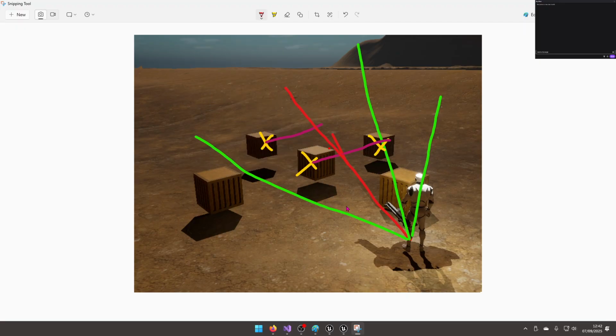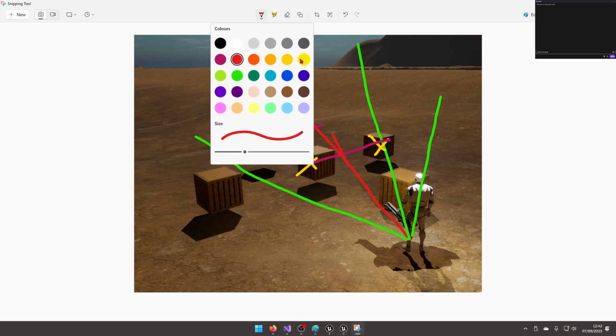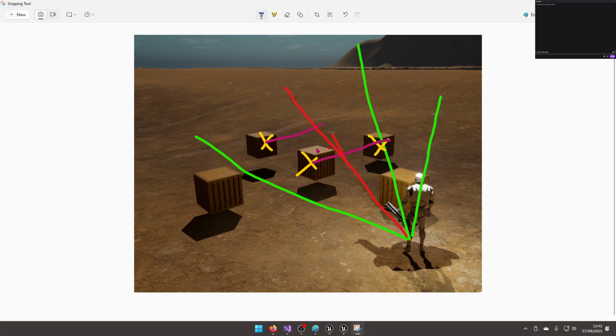Whatever, something closer to that. So that's clearly the closest. So then this becomes, that becomes our target,